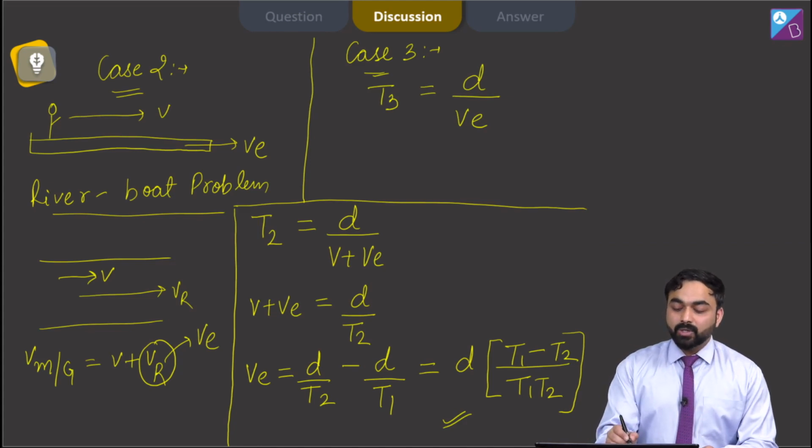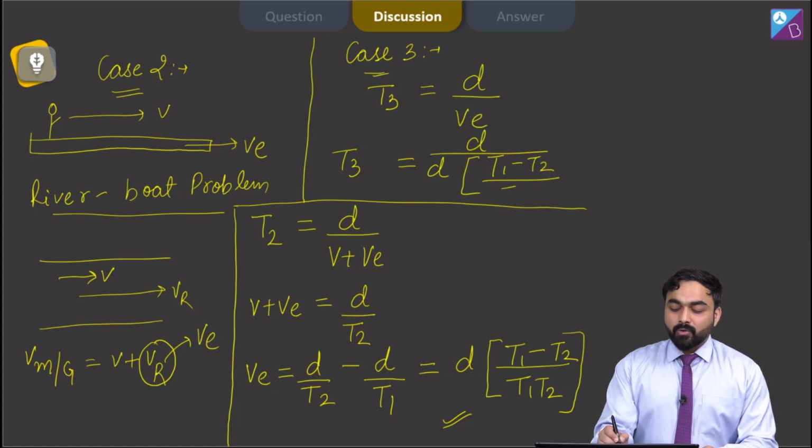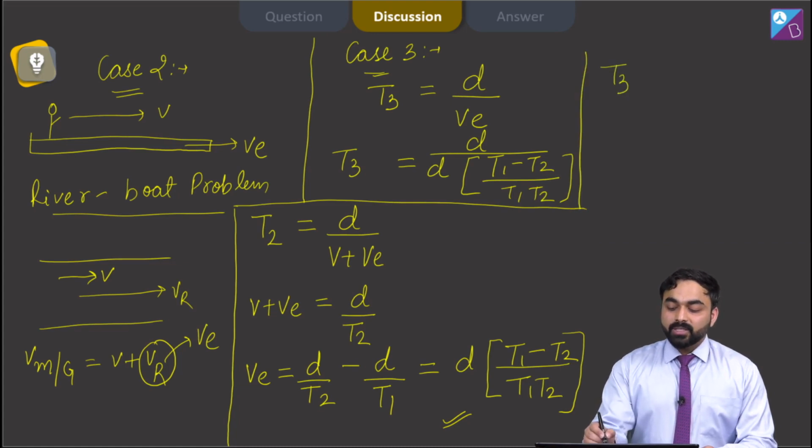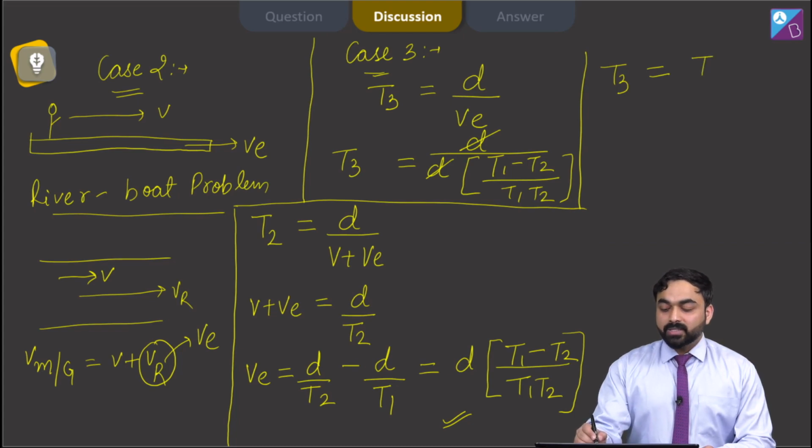So I will just substitute the value here. T3 will be equal to d over d into (T1 minus T2) over T1 T2. So this will come out to be T3 equals, this d will cancel out, and this will come out to be T1 T2 over